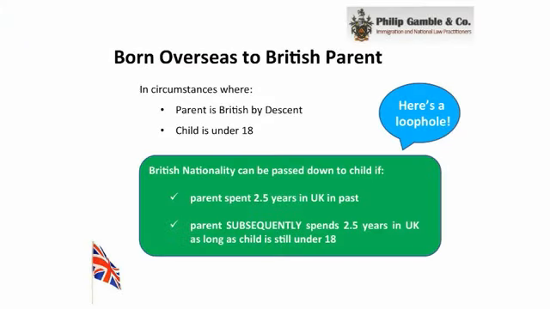Now, we've mentioned that usually a child born outside of the UK, whose parent is British by descent, can't pass that nationality to a further generation born overseas. Now we have some exceptions. In those circumstances, if the parent concerned has lived in the UK for a period of at least 2.5 years, going on to 3 years at some stage in the past before the child is born, it is possible to acquire British nationality for that child by formal application. Applications of this nature have to be made before the child becomes 18 years of age.